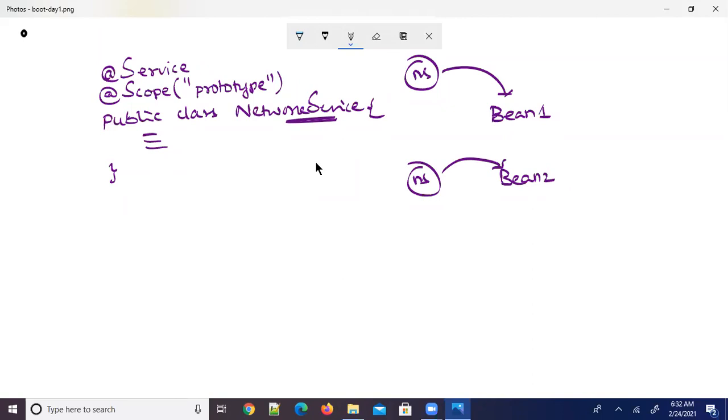If the scope is not prototype, if you remove this, then the bean definition registered in the Spring Container can only create a single object. Now in that case, what happens?